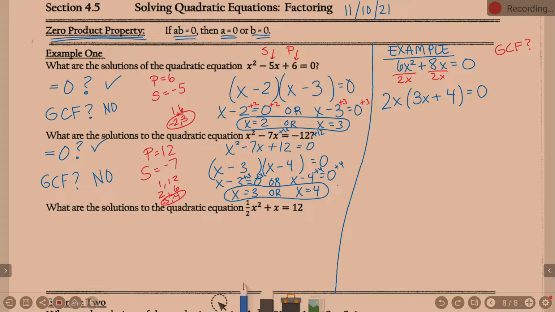Could you see factoring a GCF out tomorrow on your quiz? Yes. And you would just stop there, right? There'd be no equal 0. However,